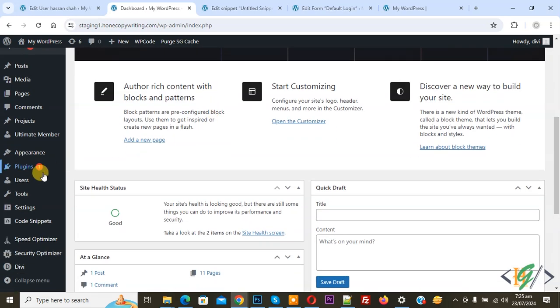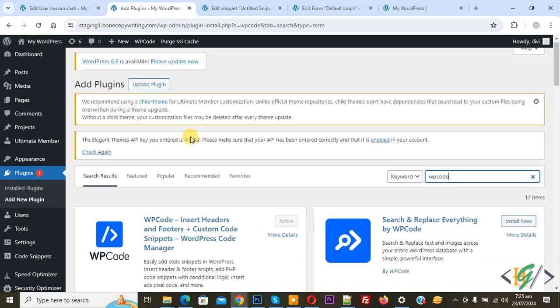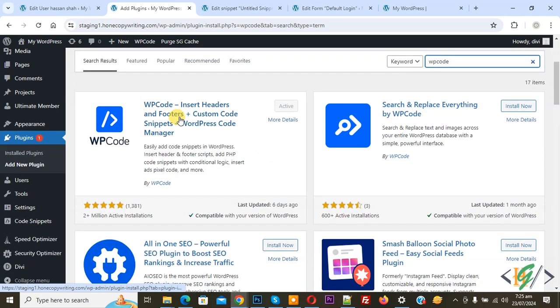On the left side you see Plugins, so click on Add New Plugin. Then in the search plugin box, write WPCode. So this is the plugin WPCode, Insert Headers and Footers, which we will use. You will install this plugin and activate it, and after activation on the left side you see Code Snippets, and